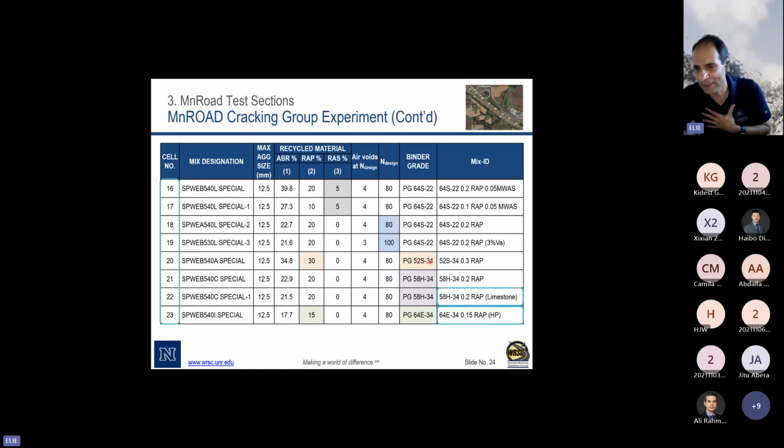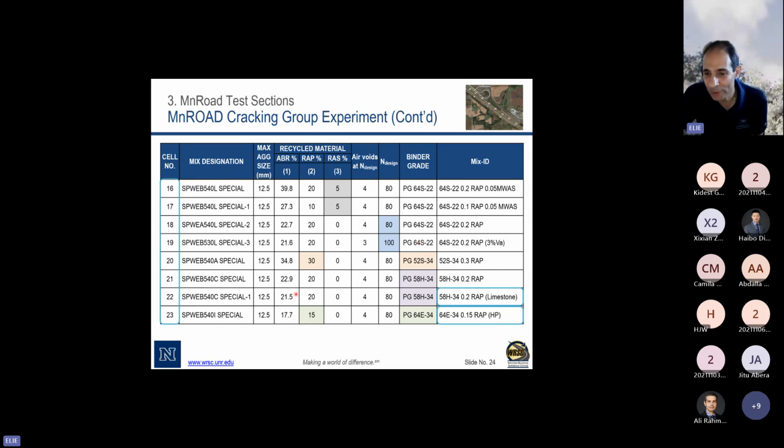Now, to be honest, the -34 is what is more appropriate for that location. Their binder grade is -28, and if using RAP, you need to soften it at least 1 grade, that would be -34. The reason they use 64-22 here is to create different ranges of thermal cracking, right? Different combinations, because they wanted them to crack in the field so they can validate the lab test. If all of them turn out to be good mixes, how do you know if that test is telling you what's good from bad?